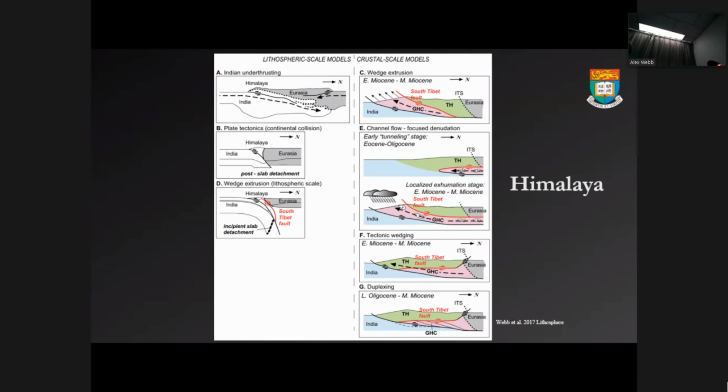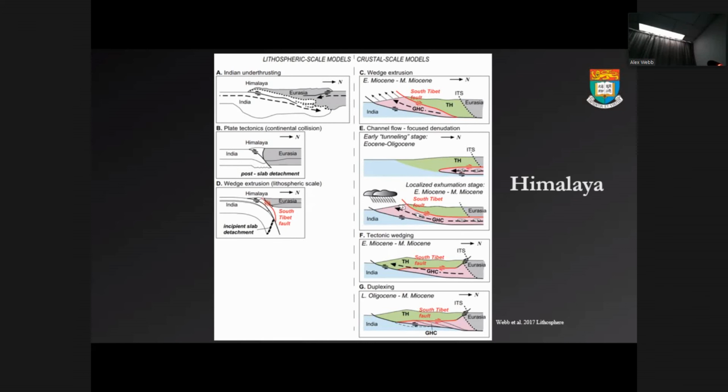But from the outside view, the Himalaya is one of the world's great contractional systems, a huge contractional orogen. And yet it has this orogen-spanning, gigantic, low angle fault that looks like a normal fault. It has high grade rocks below, low grade rocks above, a big shear zone. The main exposure of the shear zone is along the range crest, where it dips gently to the north for the most part. So it looks like a big normal fault.